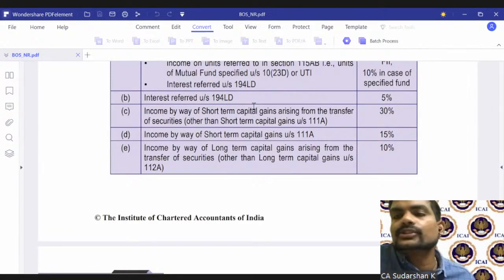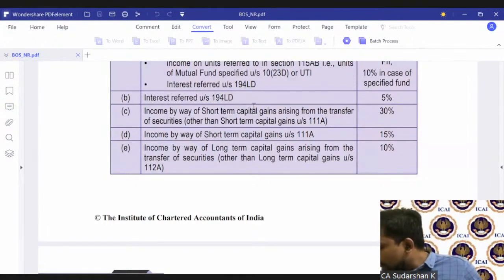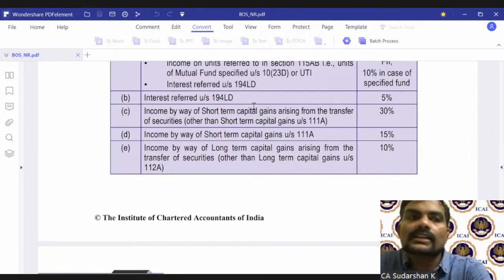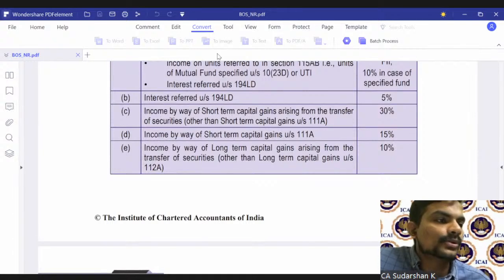That is, if it is issued up to a certain date, 194 LD, which you may have a look at in your Income Tax Act as well. So 194 LD, as I already mentioned, covers rupee denominated bonds given primarily to encourage Indian companies to issue masala bonds. So any interest on these rupee denominated bonds, a foreign institutional investor can subscribe to these rupee denominated bonds of an Indian company. For that, there is a concessional rate available at 5%. So therefore, coming back to this question,